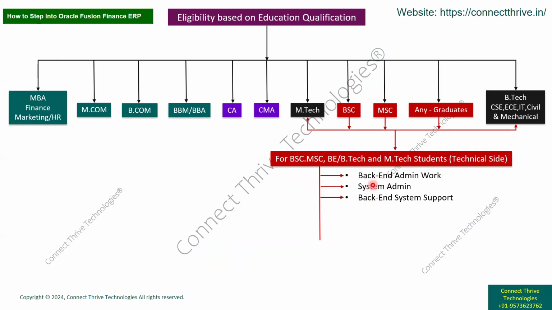This is repeated kind of work once they get an opportunity in any company, mainly Infosys and TCS, where they join as freshers but do these kinds of admin works in the background. There is no growth in their career, either salary wise or in the technology they work on. Opportunities outside are also very few, so they can be stuck in the same company for many years. In this case, you can choose your career. You can learn this course, Oracle Fusion Finance Functional Consultant, and turn your career toward a functional consultant job on the finance side. You are also eligible.